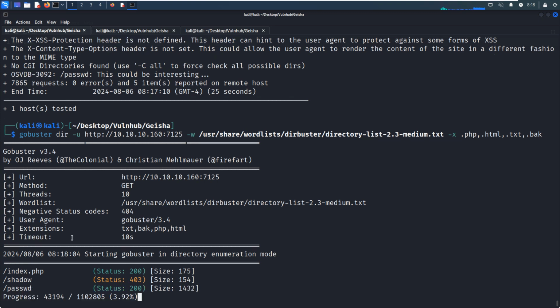Shadow, interesting. However, the status is 403. It means that although the shadow file is there, the current user, maybe apache2 or maybe www-data, doesn't have permission to read or access this shadow file.